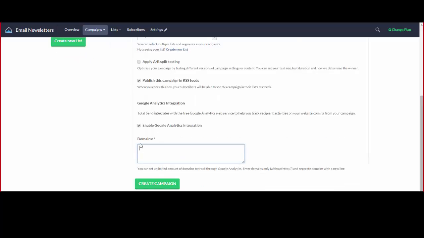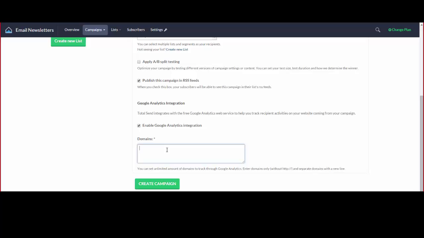If you have any links in your account that have the domain of the site you're tracking in Google Analytics, enter that domain here, and any links that contain that domain will be given a link tag. The link tag will tell Google Analytics, when someone travels through that link, that it's coming from the specific email